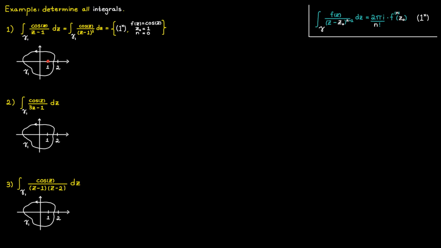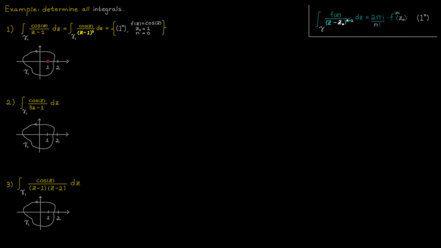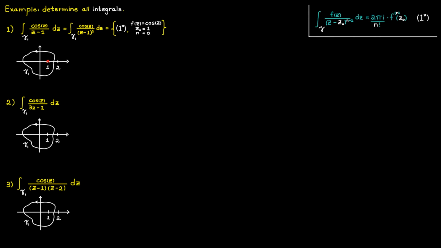And then we can see that n has to be equal to 0, since in our expression we have c minus 1 raised to the power of 1, and this should be equal to c minus c0 raised to the power of n plus 1. So n plus 1 needs to be equal to 1, which is only the case if n is equal to 0. So by using this, we get the following. And note here that the 0th derivative of a function f is simply the function f. So that one becomes the following. And since we know that the function f is cosine, and 0 factorial is equal to 1, we get the following.